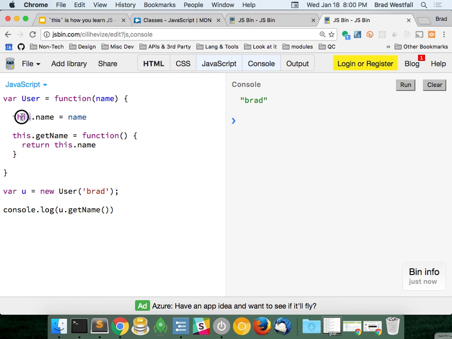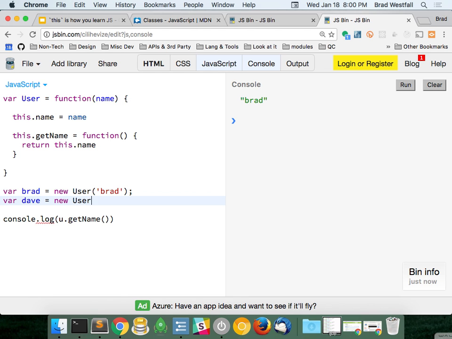So if you're not familiar with this, the term this refers to the object in context of what we're talking about here. So this function is kind of like a class in the sense that it is our template for making objects. So I can have the Brad object, and I can have the Dave object equals new user